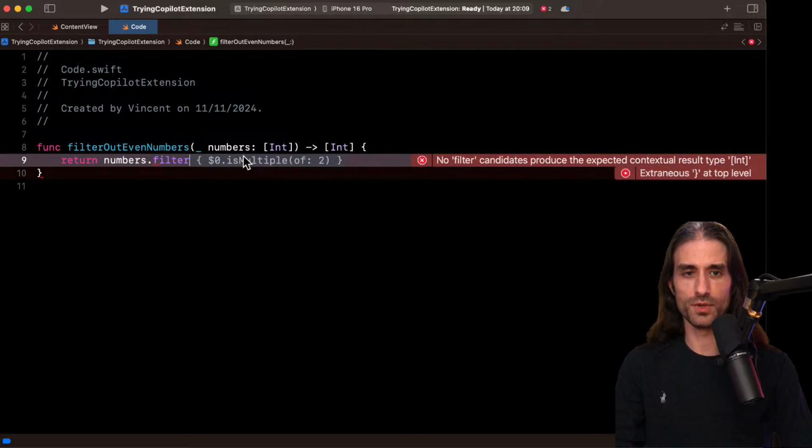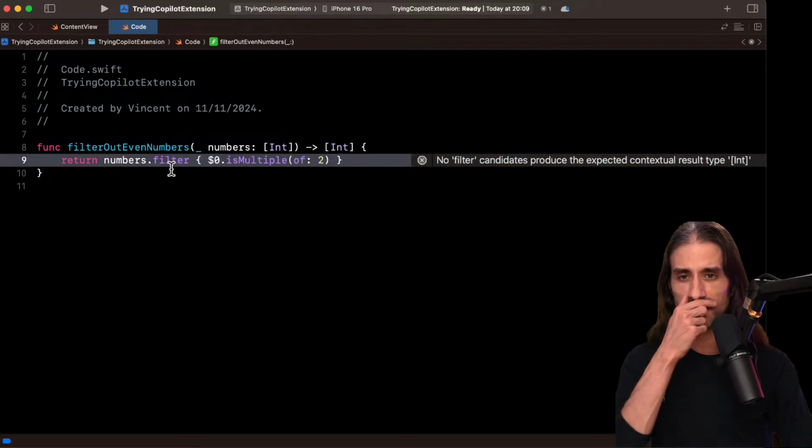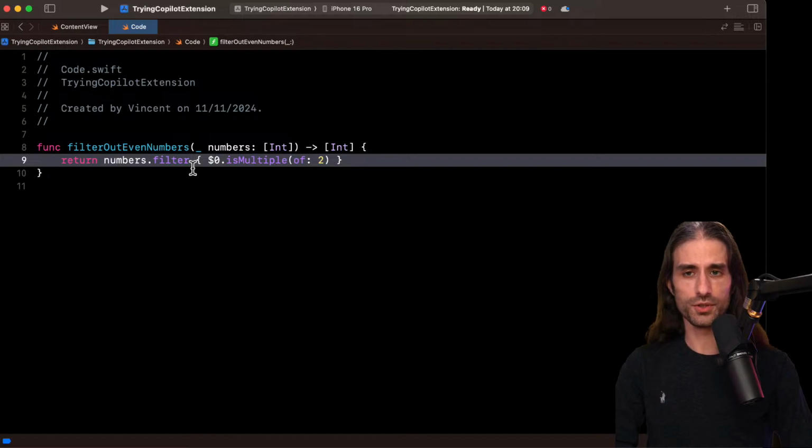No, actually, this seems to be Copilot, because here I'm no longer doing autocompletion. So here it says isMultiple(of: 2). Actually, we want to filter out, so it should be equal to false. So interestingly, when I do isMultiple(of:), it didn't generate correct code.